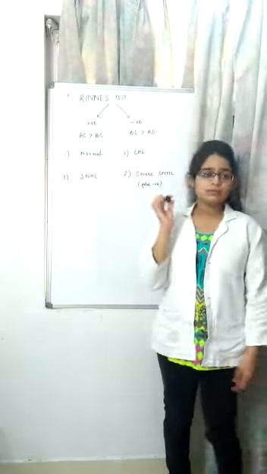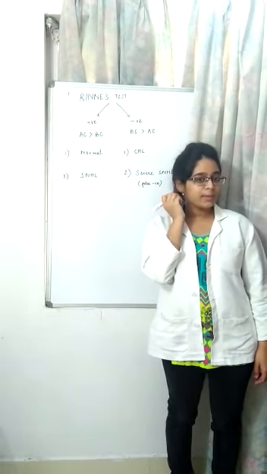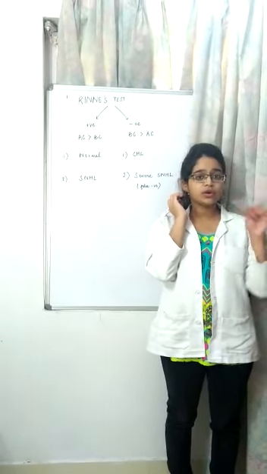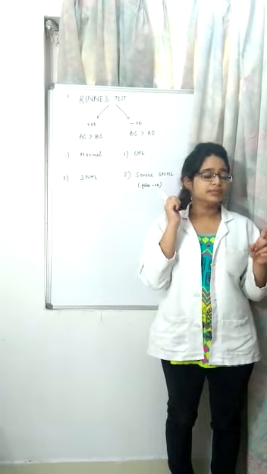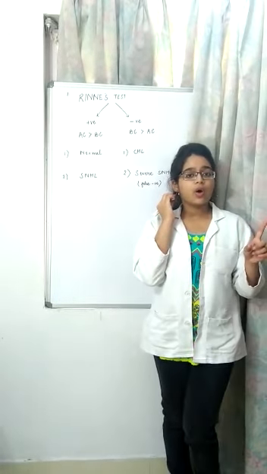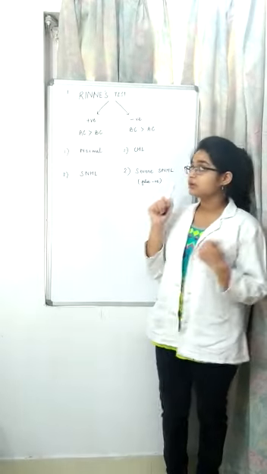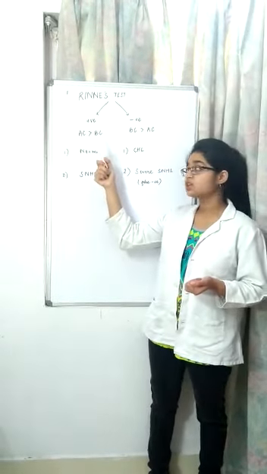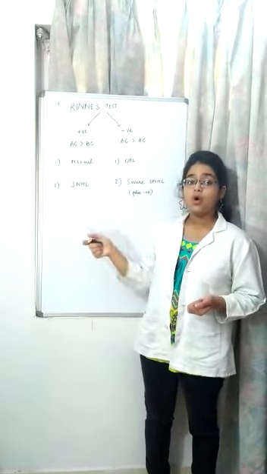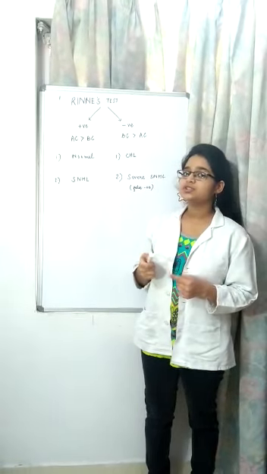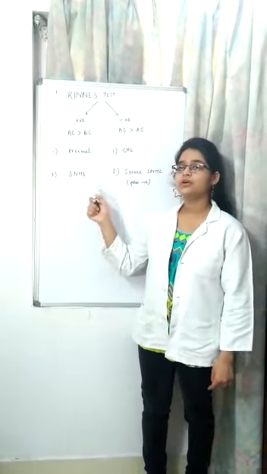So if I am placing the tuning fork on my mastoid and I cannot hear it anymore, and now I place it in front of my ear and I still hear it, that means that air conduction is more than bone conduction and my ear is normal. Or what can be another option? That there is a sensory neural hearing loss.